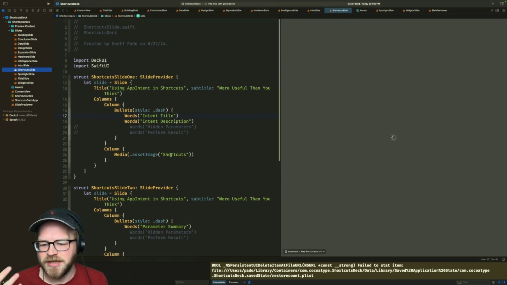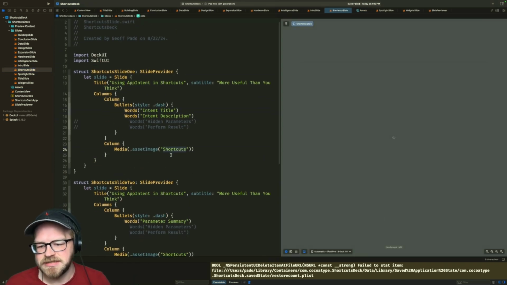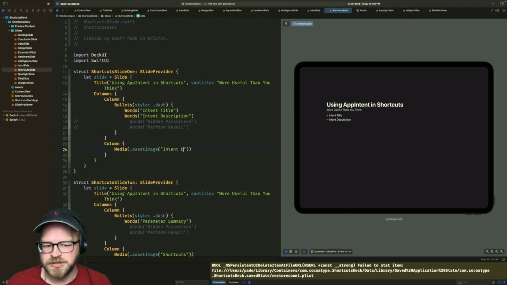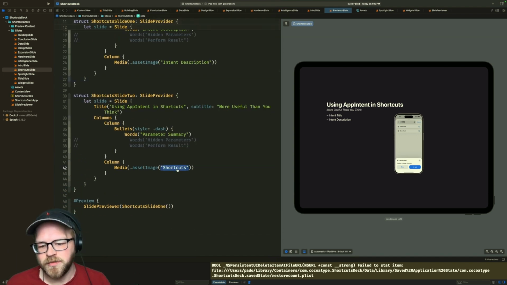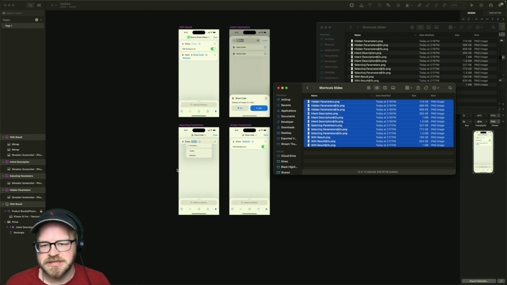Okay. So now we go back to our shortcut slides. Our first one has a media asset, and this is intent description. Should actually pop it up. And the intent title and the intent description. On our next one, we have, what is this? This is selecting parameters.